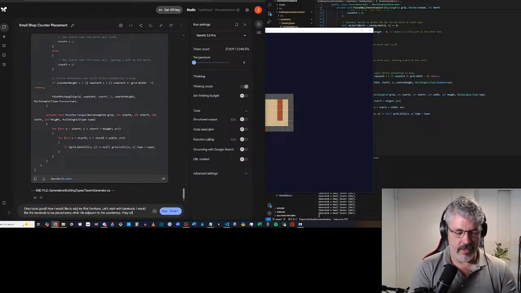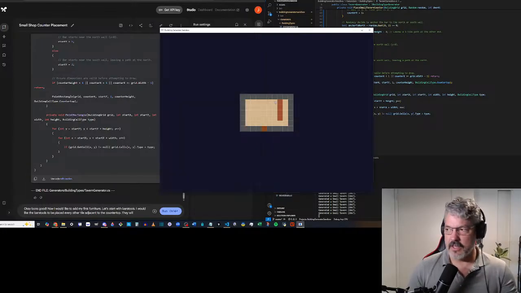How do I express them going along the same direction as the long distance of the countertop?